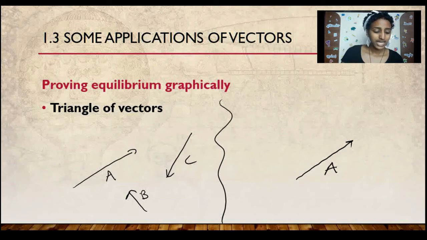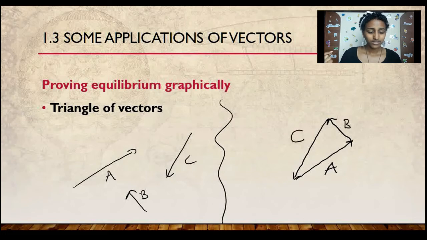So the head of A, I'm sorry, the head of A just means where the arrowhead is. So the head of A will be connected to the tail of B. I'm drawing them in the same direction, technically at the same angle as they were before. I'm just moving them, or transposing them, into this new location. And finally, for C, we connect the head of B to the tail of C. There you go. What have I formed? A triangle.